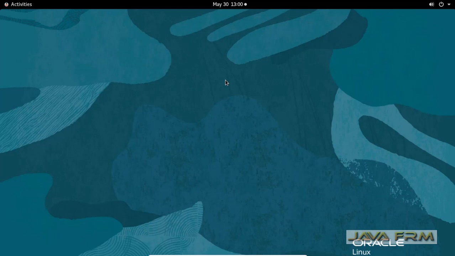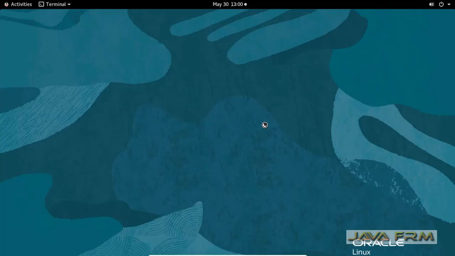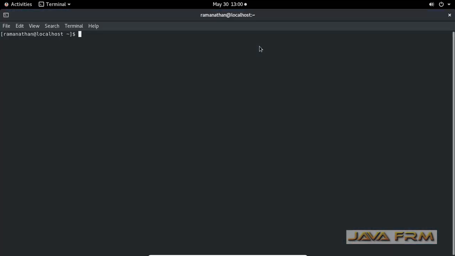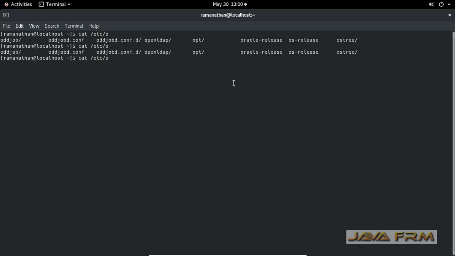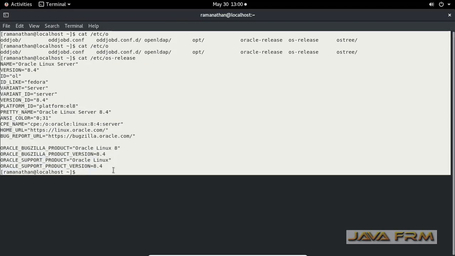Next I am going to check the shared clipboard feature. I am going to open the terminal here. I am going to type some command, and after that I am going to copy the content, that is the terminal output, and paste it in the Windows host machine.